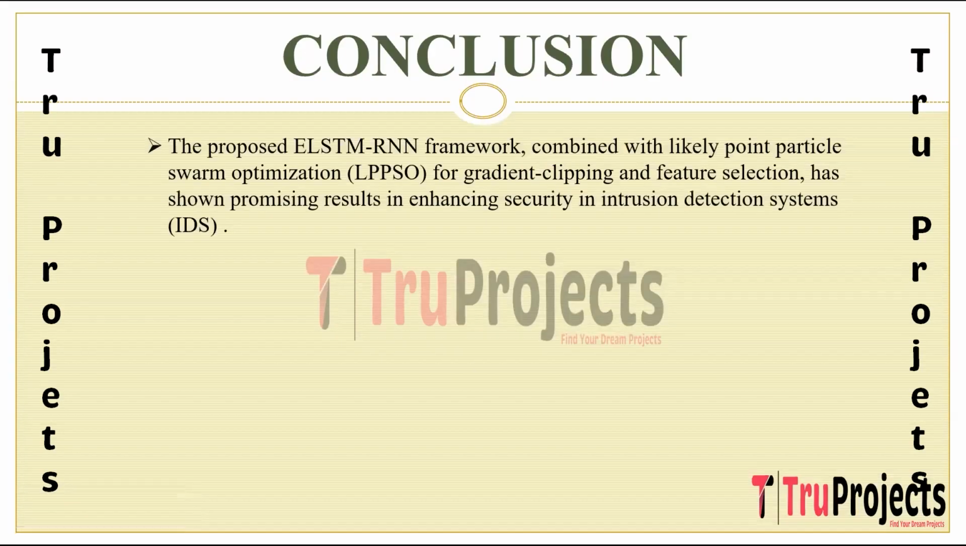Conclusion of the project. The proposed combination of the enhanced LSTM, eLSTM within the recurrent neural network RNN framework, augmented by likely point particle swarm optimization, LPPSO for gradient clipping and feature selection, has demonstrated promising outcome in fortifying security within intrusion detection system IDS. This suggests that the integration of these techniques contribute to enhancing the effectiveness of IDS in identifying and mitigating security